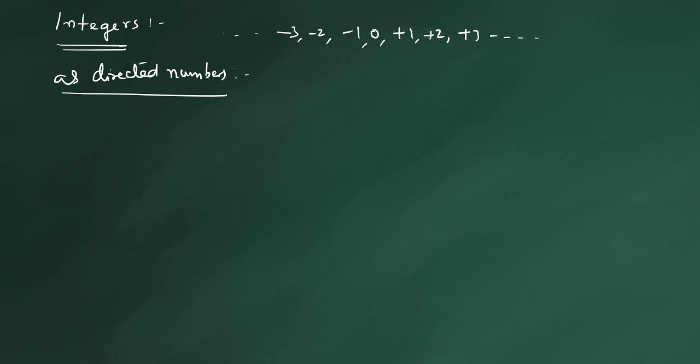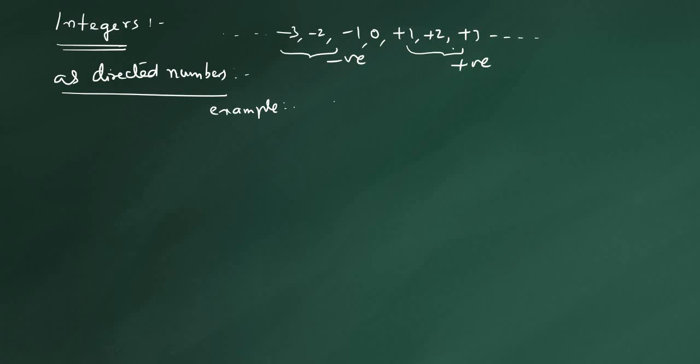Okay, suppose you think about integers as two types. As you know, there are positive integers and negative integers. In this case, suppose I want to tell something about a distance above the sea level, it is represented by a positive number. The distance below the sea level you have to indicate with a negative number. For example,